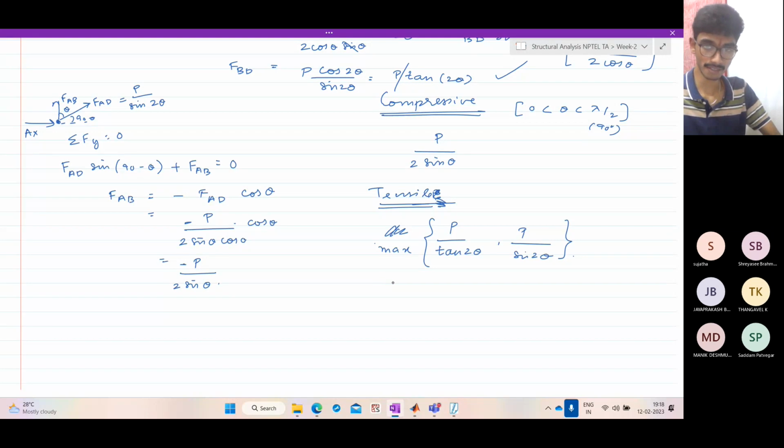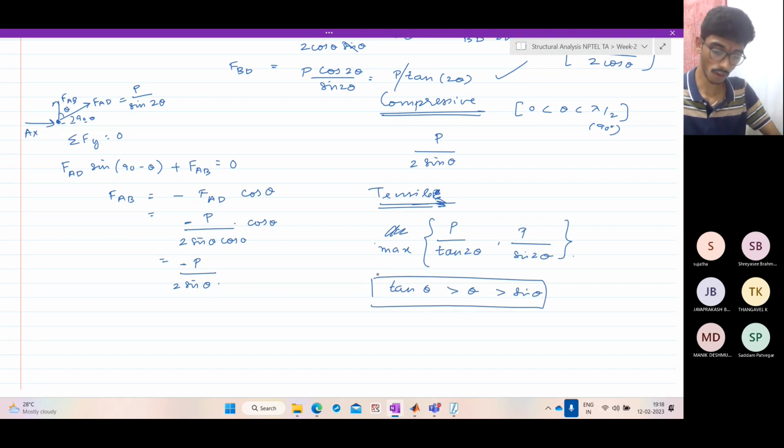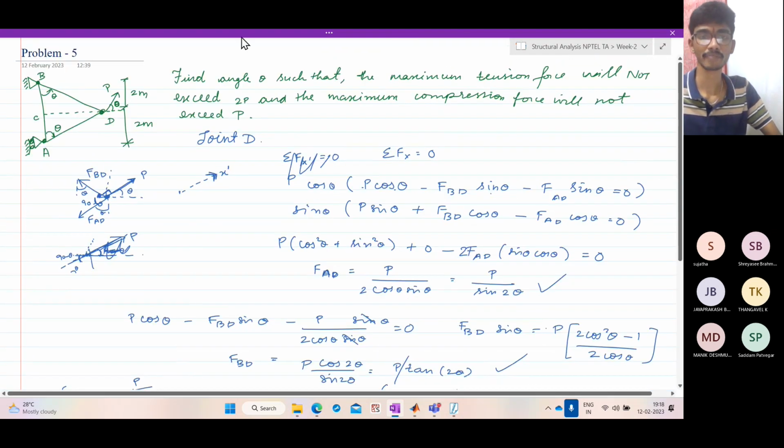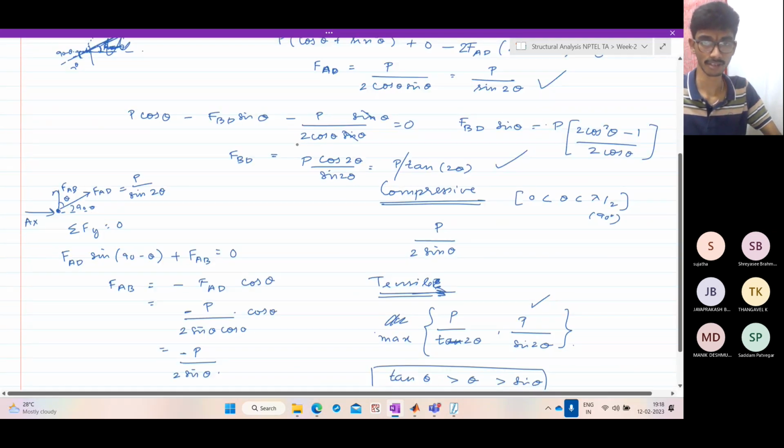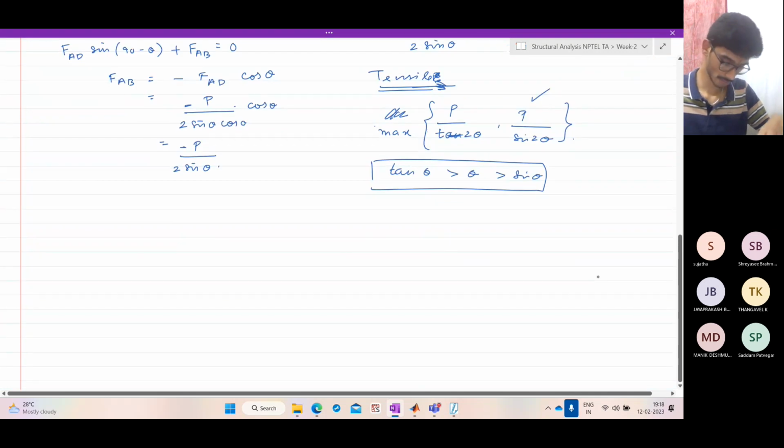So you know that tan theta is greater than sin theta, always. So obviously this denominator is bigger, which means this is bigger. So what is the condition that we were told? Maximum tensile force should not exceed 2P and maximum compressive force should not exceed P. So in that case, you get